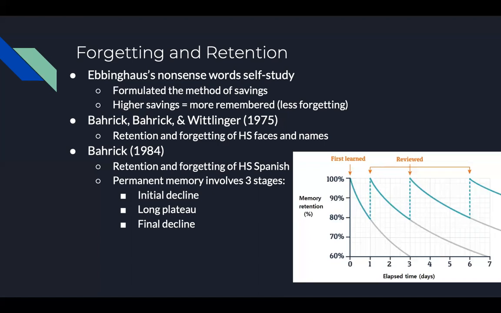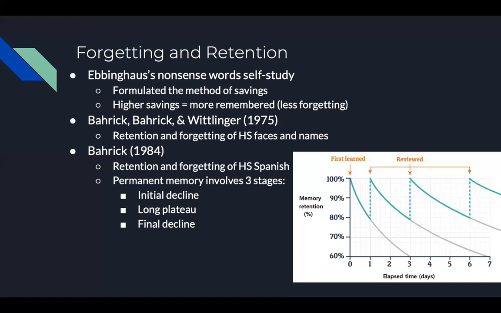Again, keep in mind that this is retrieval of information in a way that is recognizing the information. So you are shown a series of options, and then you are choosing from them which one you believe to be accurate. So we have 90% accuracy for recognition, and then free recall of the names. They found when they caught up with these folks later, about 50 years afterward, that being able to freely recall the names of classmates had dropped by 60%. So there's this big drop off that seems to accompany the passage of time.